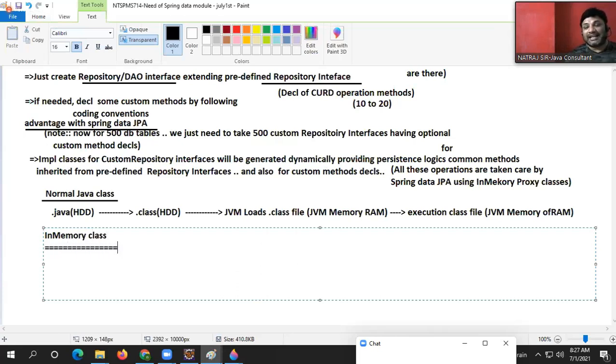It is generated in the memory where the application is running, nothing but RAM. It is generated and executed in the memory where the application is running, nothing but the JVM memory of the RAM. Everything happens